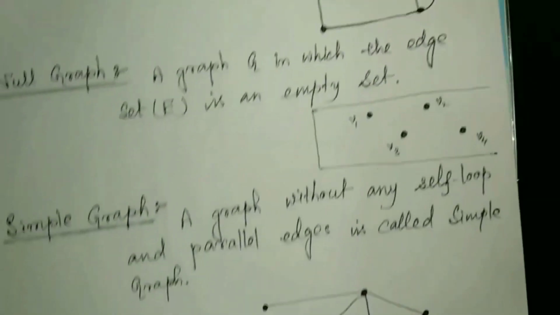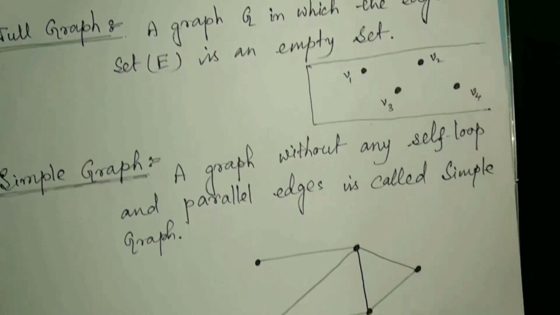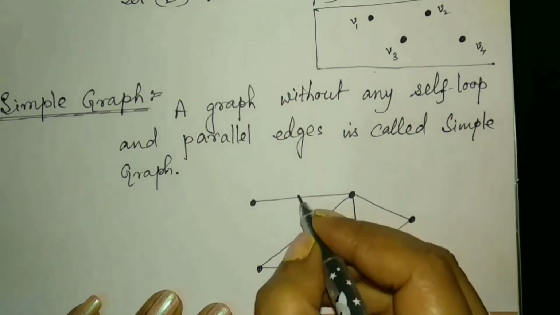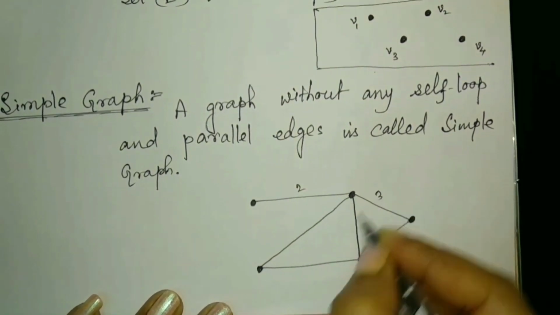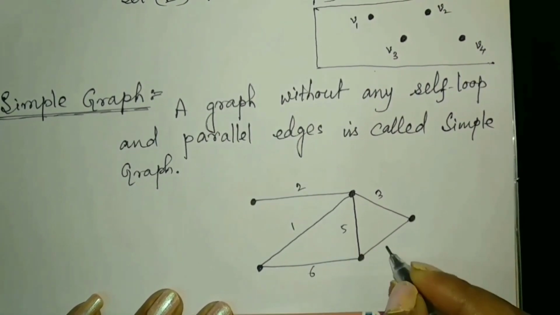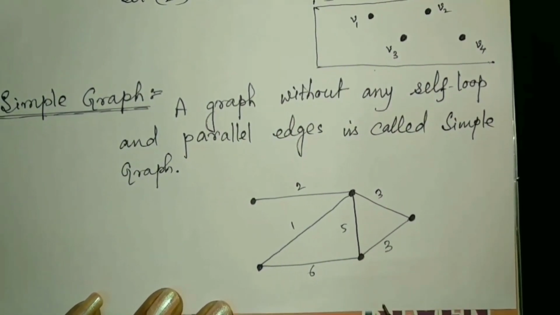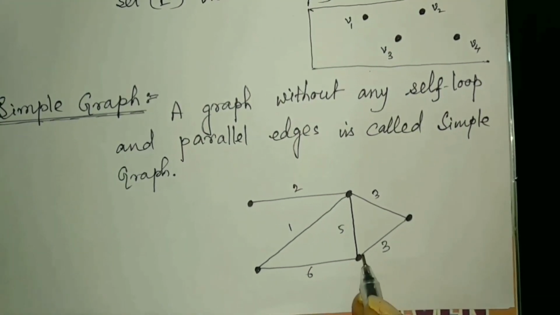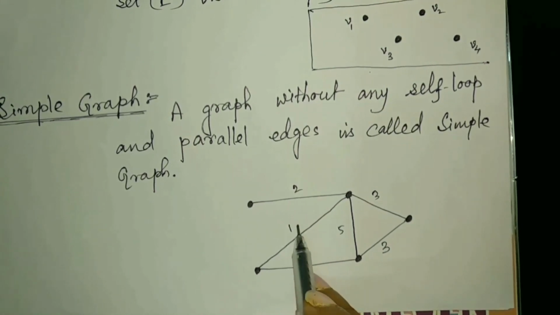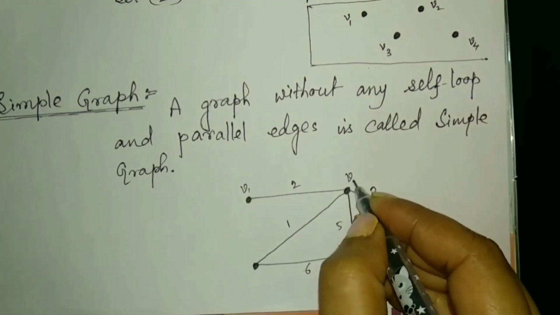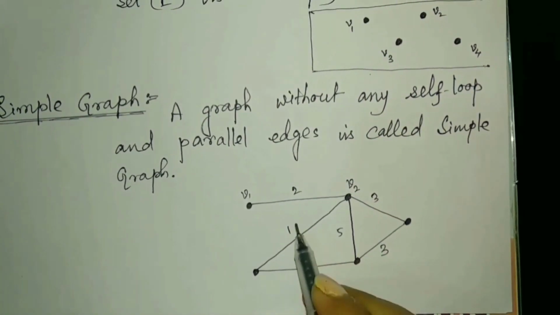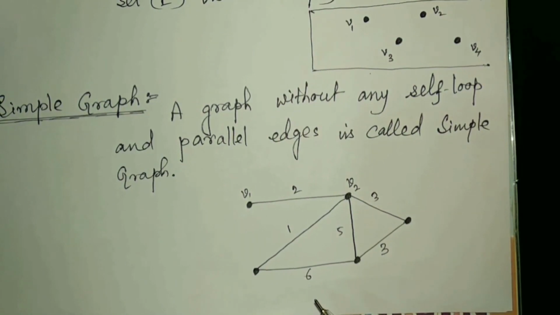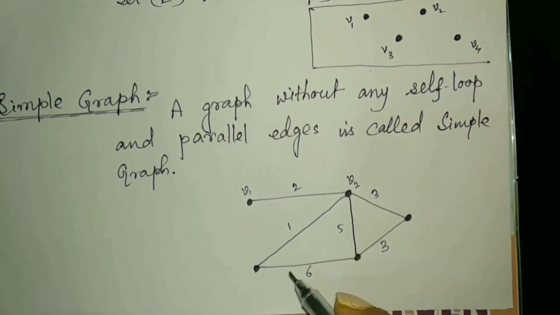Another thing is the weighted graph, which is again very important here. A weighted graph means a graph is given and its edges have specific weights, say 2, 3, 5, 6, 1, 3 and so on. This is called the weighted graph. For each and every edge a particular weight is provided. What does this weight stand for? Suppose vertices V1 and V2 have weight 2. This 2 may be anything. It depicts the distance, the time, the weight, anything.